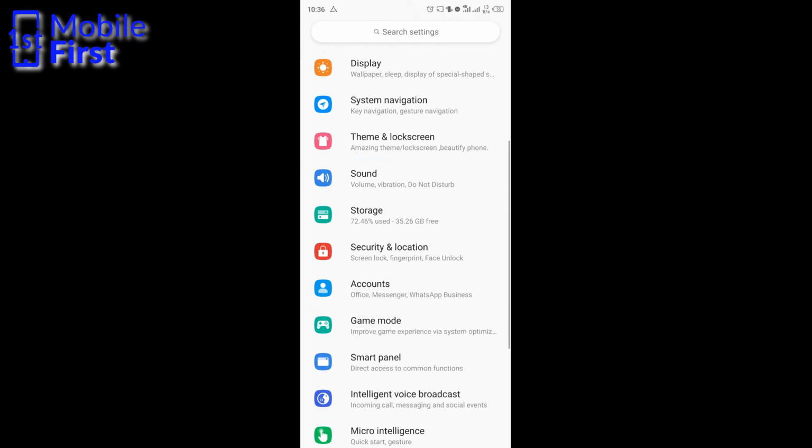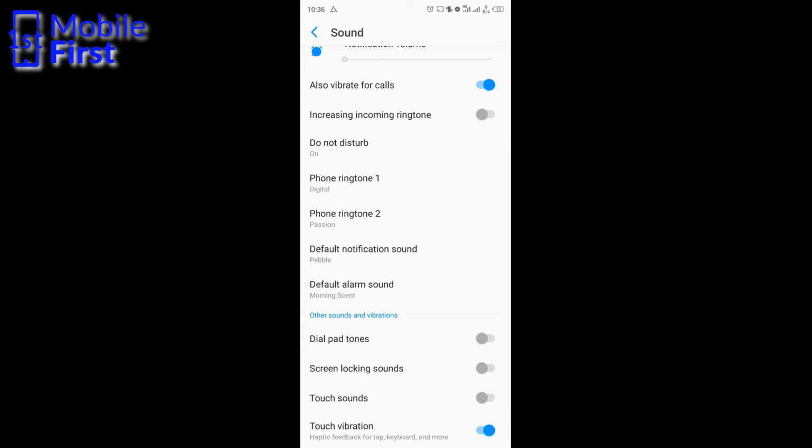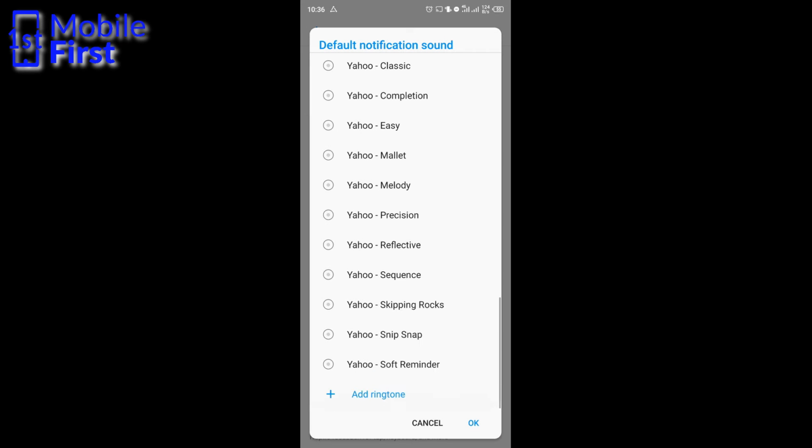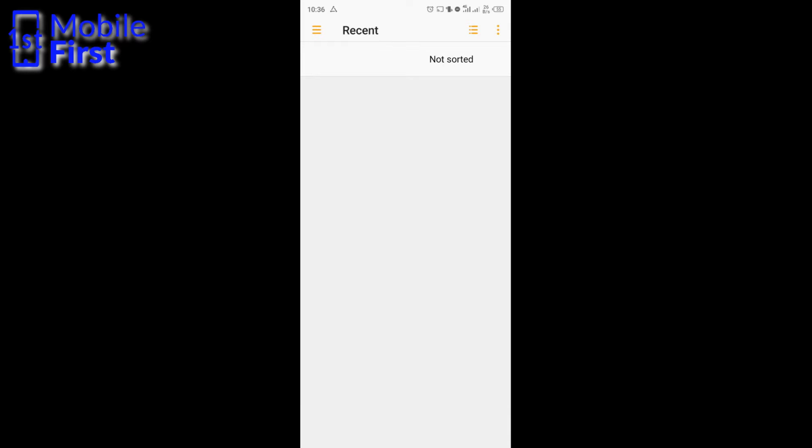you go to settings, you scroll down to sound. Under sound, you have default notification sound, okay? If you scroll down, you will see that in some phones, really, you do not have this option to add ringtone. But of course, it's very straightforward if you tap on add ringtone and then navigate to the location of